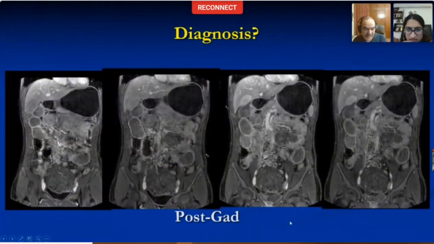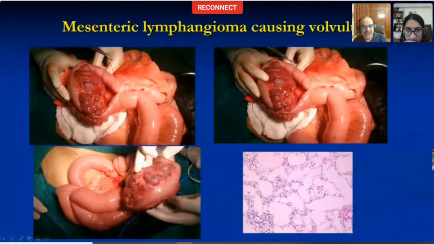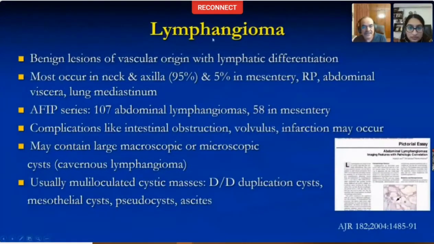Okay, this was a very rare, unusual sort of a lesion, unusual appearance of a not so unusual lesion. At surgery, they found these multiple cysts at the surface of the lesion. Inside, it was more solid, and at histology, this was a lymphangioma, and that swirl was found at surgery also. This was a mesenteric lymphangioma, producing a volvulus. They have a dragging kind of an effect, and because of that, they may cause a twist and may produce volvulus.